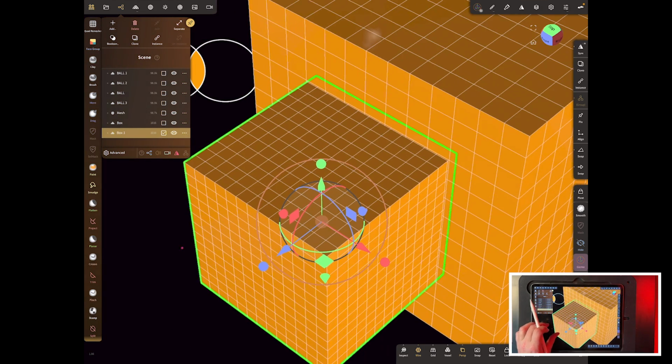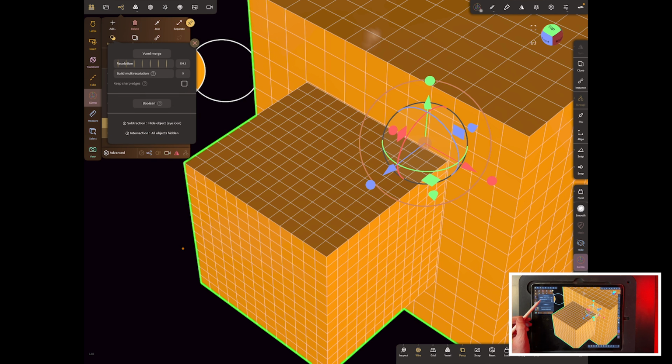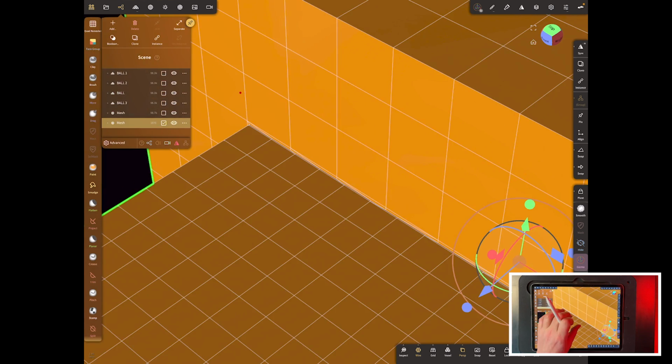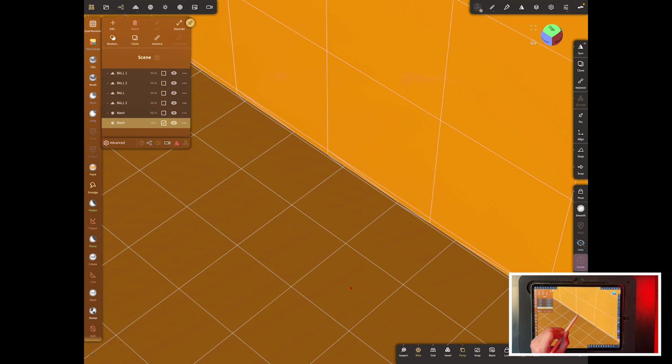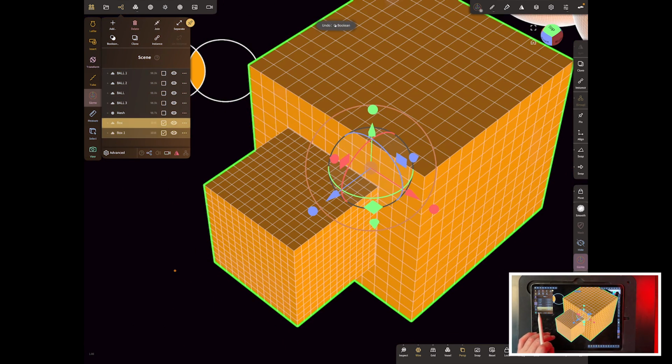And now let's just try the 2 individual ones. So both of them selected, first of all, and we'll do Boolean and just Boolean it and see what happens. So what it's done there is it's joined it now, and it's tried its best, so it hasn't done too much damage there. But what I could have done beforehand, before I did that, is if I just undo it,